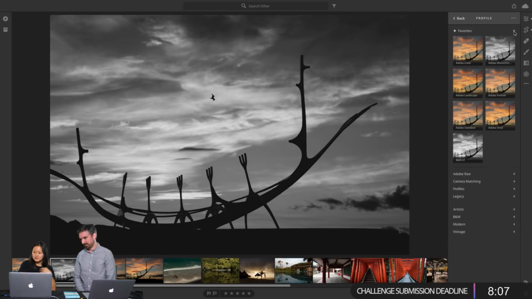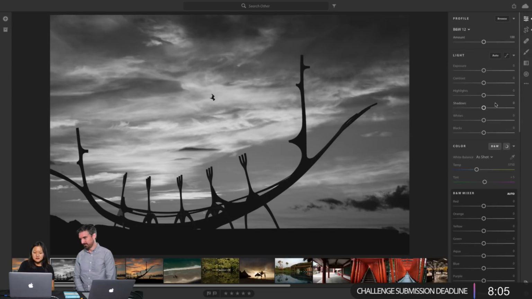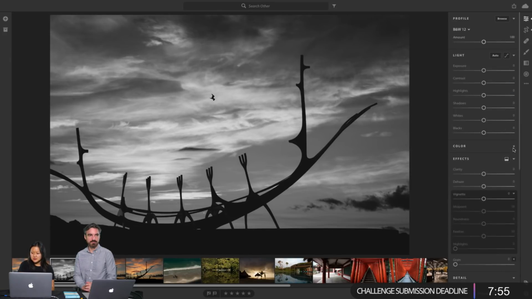And then pop out of this, and sometimes there's nothing more you need to do. So I might do some clarity to bring out some of the details in those clouds.